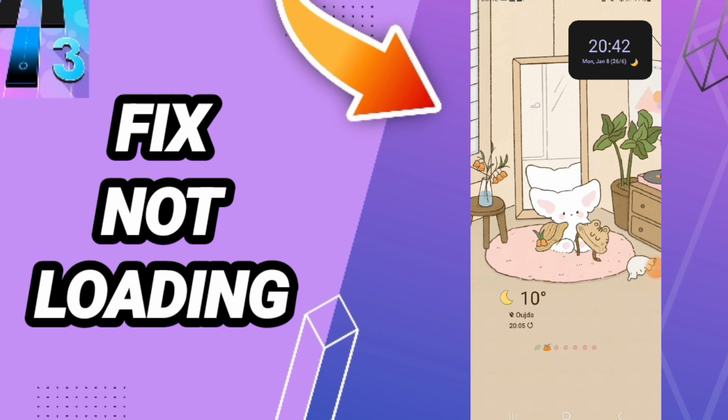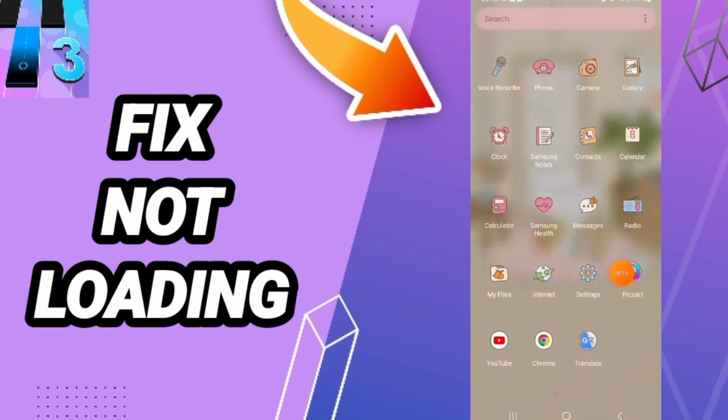Today we'll talk about how to fix the problem of Magic Tiles 3 not loading. To fix Magic Tiles 3 not loading, you should just go